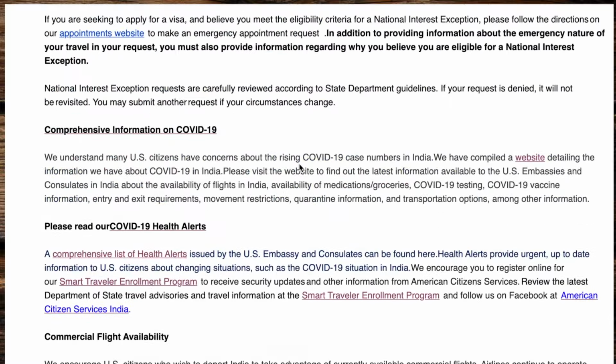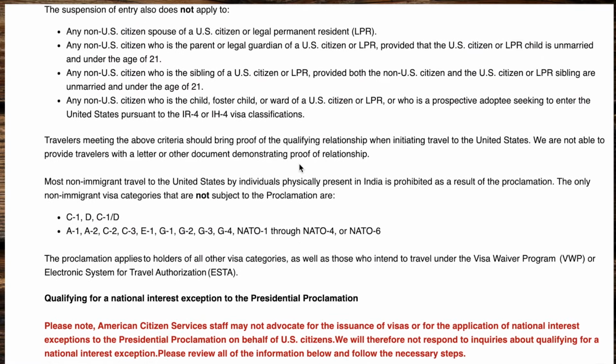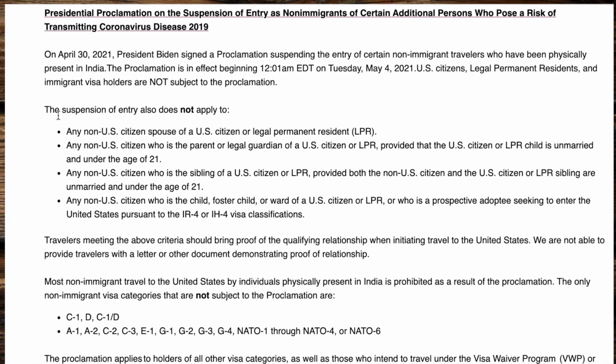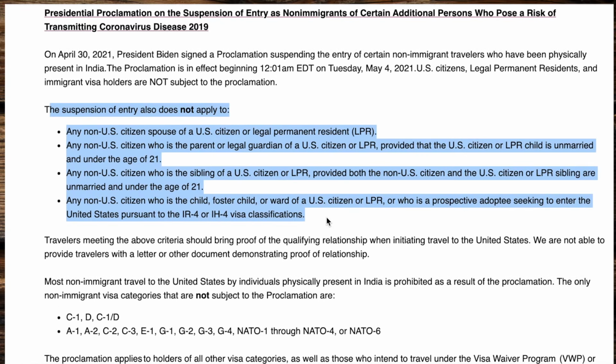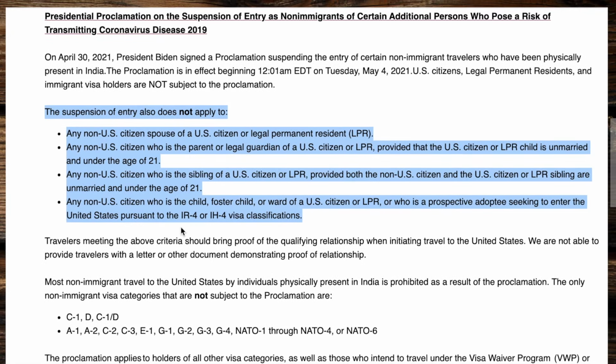So as you can clearly see here, they are giving priority to those who are eligible to travel. So please go through the travel eligibility first before you apply for your emergency category. That is, if you come under any of these exception categories under the travel ban, then you can apply for your emergency visa interview stating the same. So please go through the exception category and state this as a main reason in your emergency appointment request. So this might help in getting it approved.